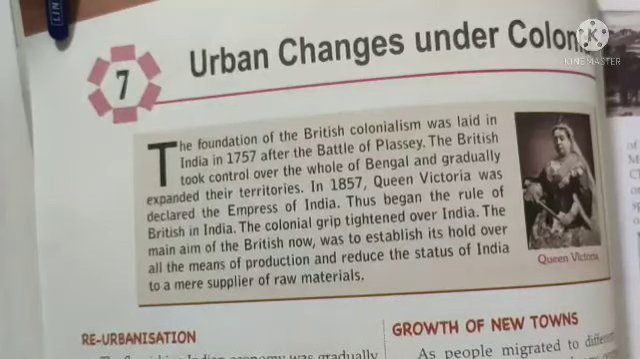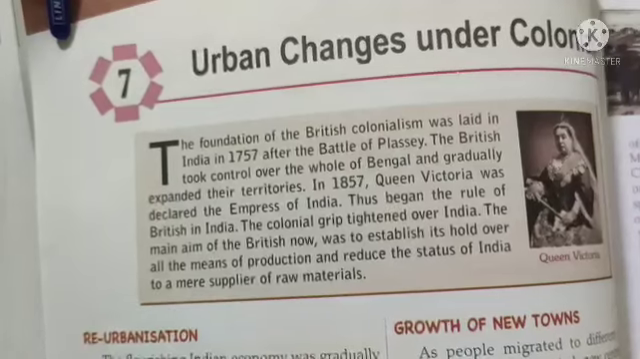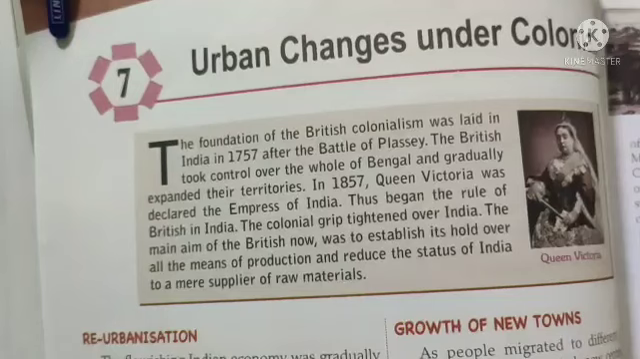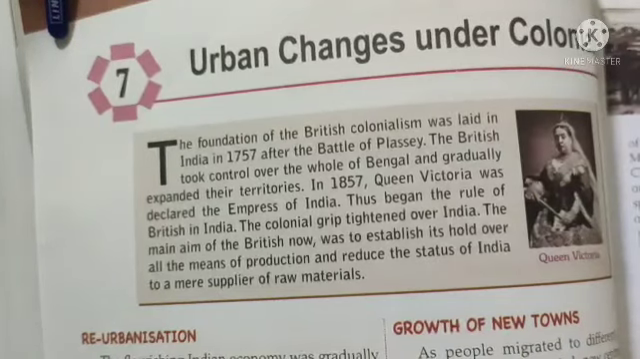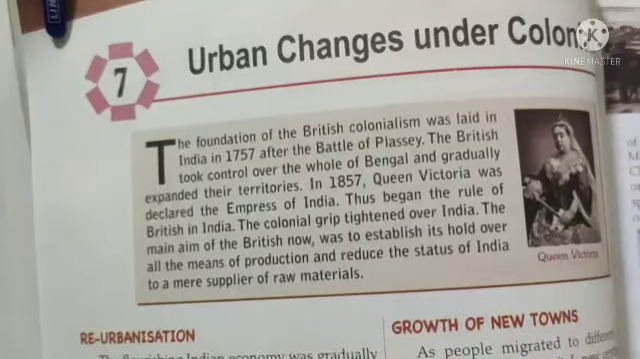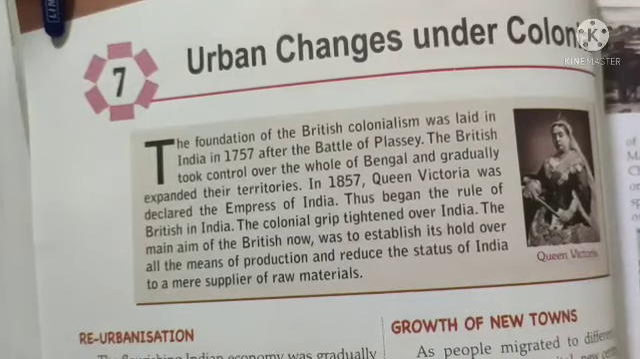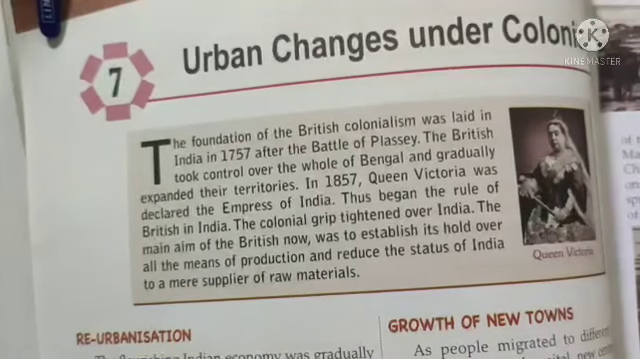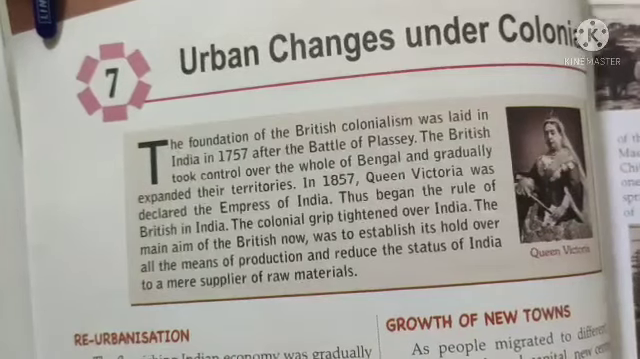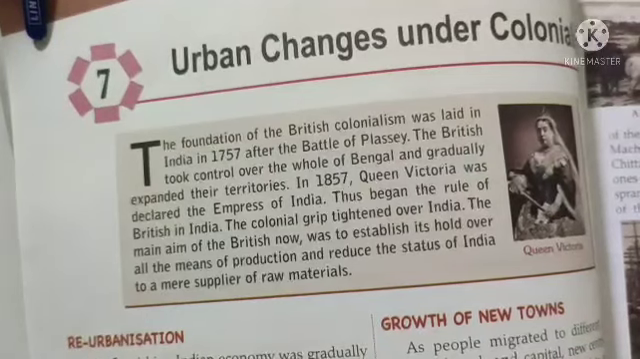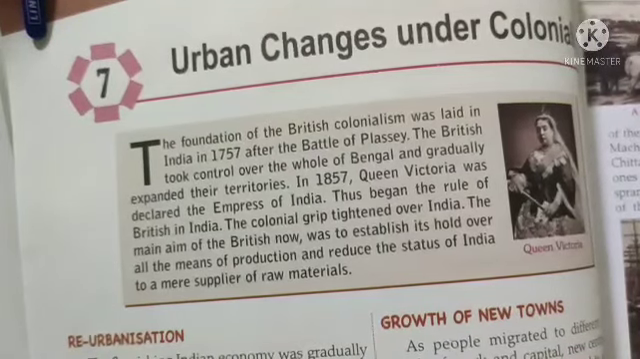Today we are going to start a new lesson, chapter 7, History, Urban Changes under Colonialism. You all know that British colonialism in India started in 1757 after the Battle of Plassey, and till 1857 they have strongly shown their effect and control in India. Queen Victoria was declared the Empress of India in 1857, and thus a new rule, that is British rule, started